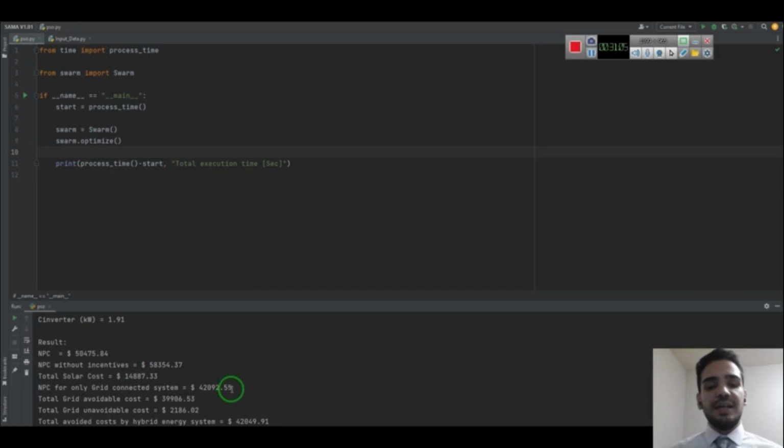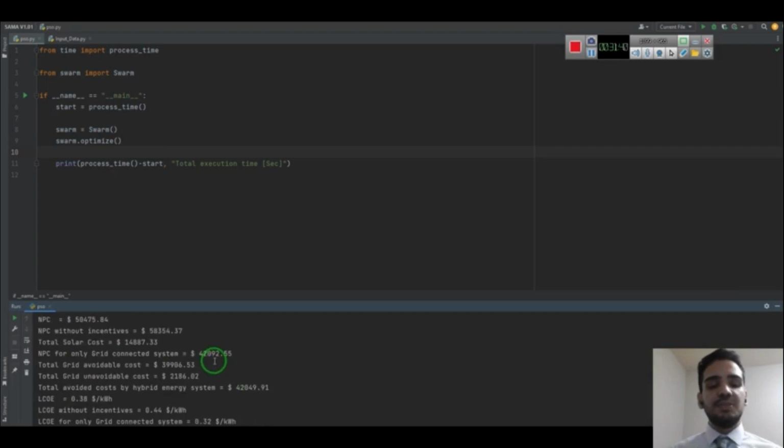So it's not that economic to use an off-grid system in Los Angeles at the current stage, but in the future, if the cost of the PV module decreases or the utility increases its cost, maybe using the off-grid system would be more economic. But right now, the utility cost over the whole lifetime of the project is still a bit cheaper. It's around $8,000 cheaper over the whole lifetime.